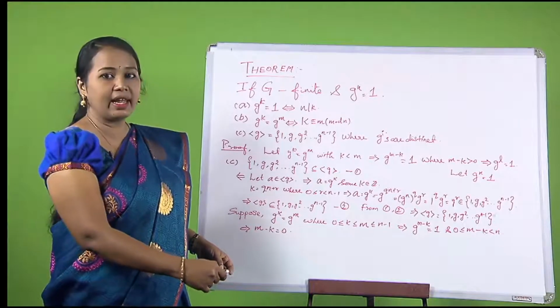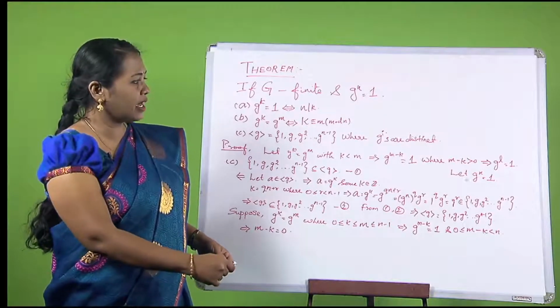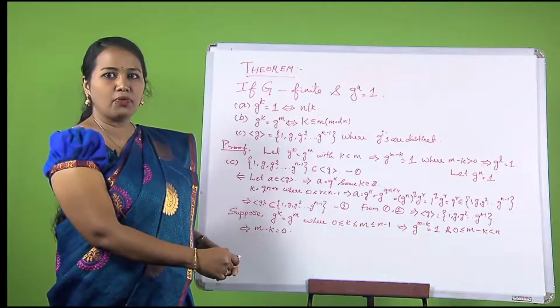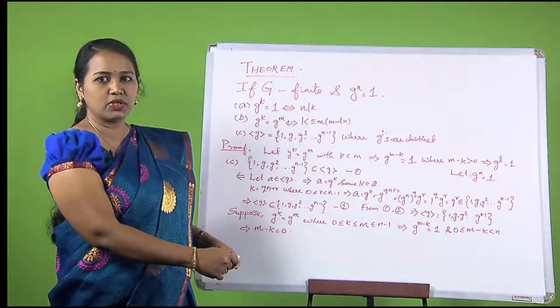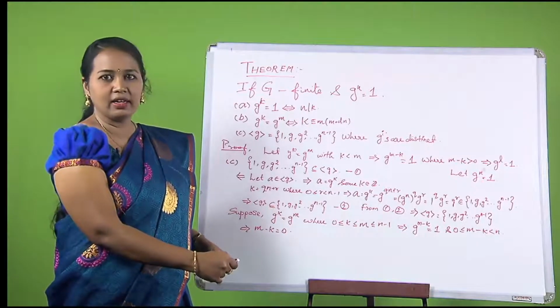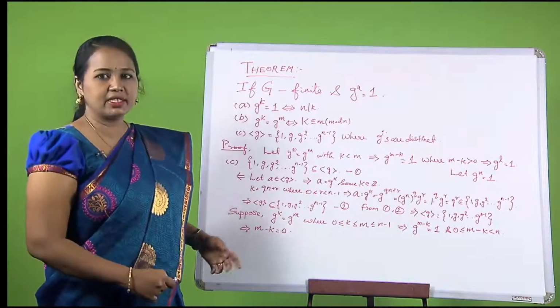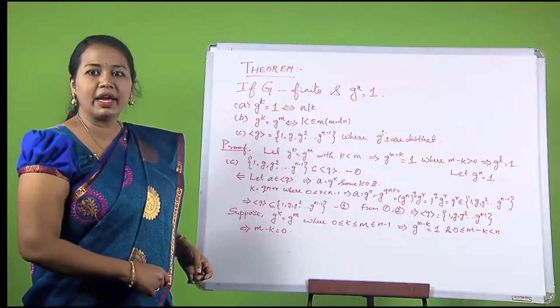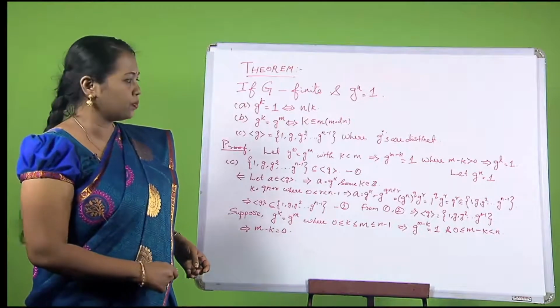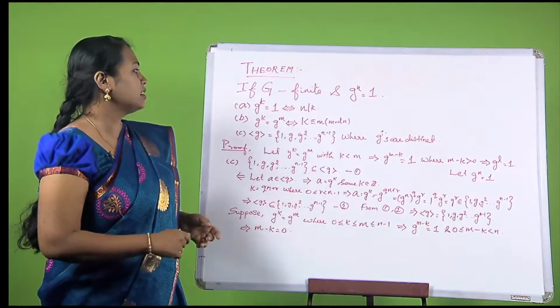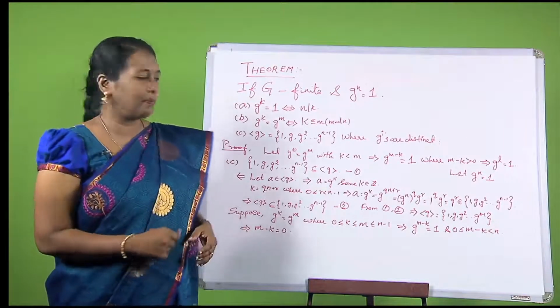Now, this violates our previous condition, that is g power n is equal to 1 and n is the smallest integer for which this particular statement is true. That was the original assumption. So, this particular statement is violating our condition, and therefore, we can say that this is a contradiction, and therefore, our assumption is wrong, and this implies that m minus k is equal to 0. So, since m minus k is equal to 0, we can say that the g powers are distinct, and that proves point